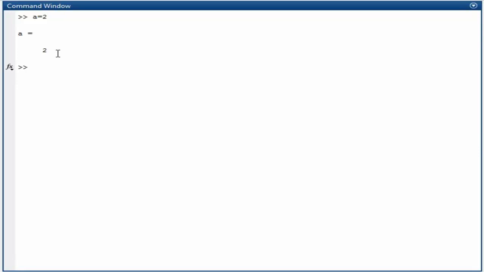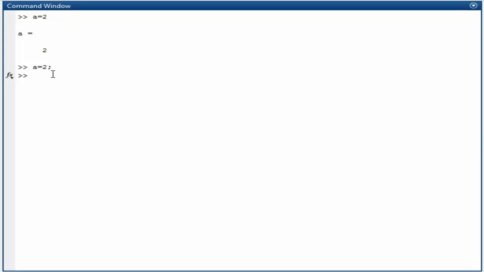If I don't want the value of a shown in the command window, to make no output display, I just type a = 2 followed by a semicolon. By typing this command, it will not show me the output, as it did in the previous case.